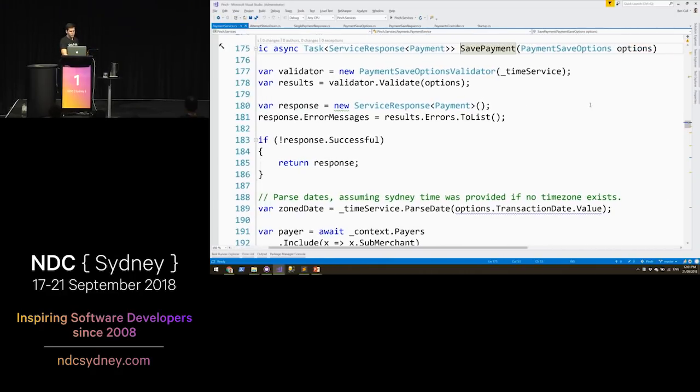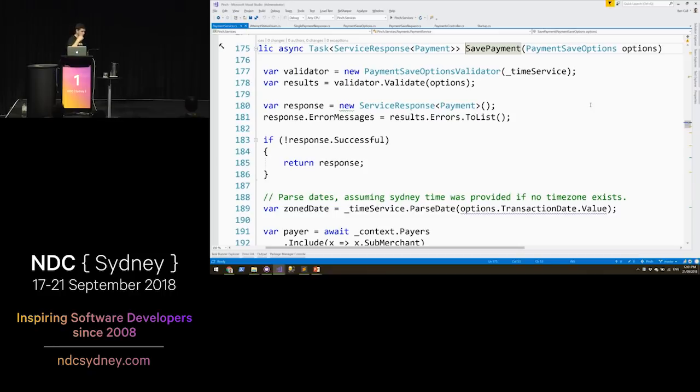The service endpoint receives an options